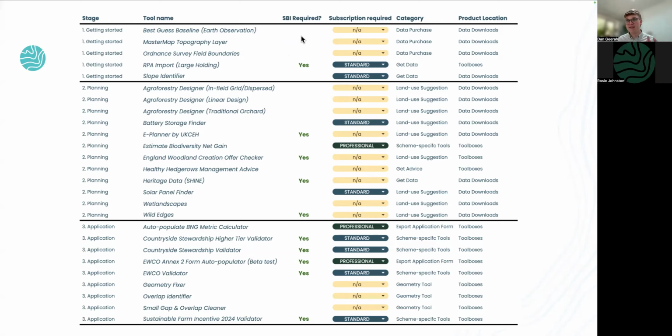The reason for that is that at present the English government makes it a lot easier for tools like LandApp to access field parcel data, for example. Whereas Scotland and Wales, we are messaging them to try and open this up. If anyone here knows Welsh and Scottish civil servants or anyone that can support, particularly in the rural payment side, please do put them in touch with us. We're just struggling to get access to certain data points still. But if you've got an SBI number, you can do all these things that have yes in.